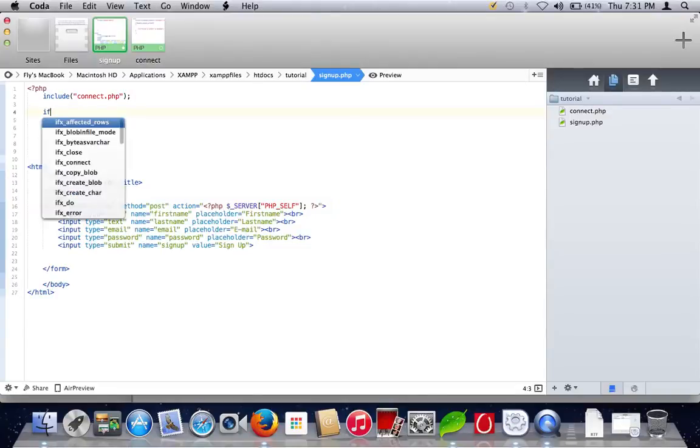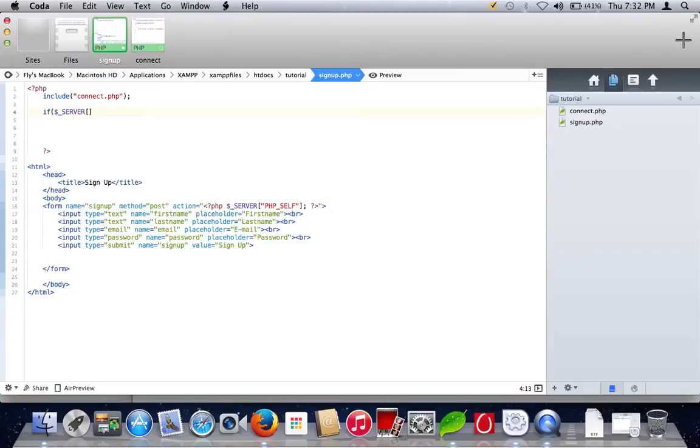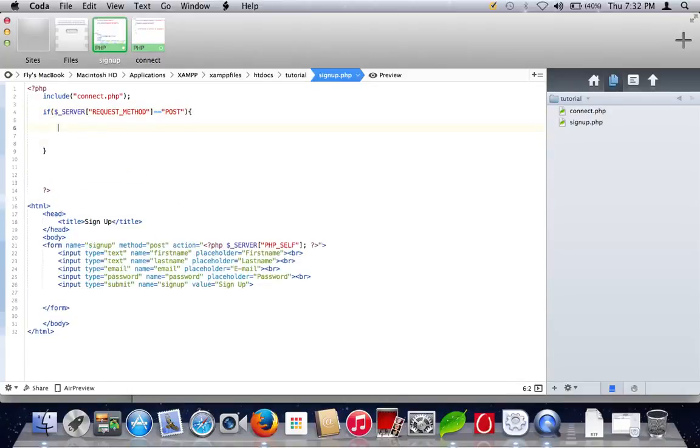Now we need to process the file. Okay, if server request method will be post because there is a post method in our sign up form. Okay, now start with variables. We have 4 input fields in our sign up form, so we need to create 4 variables: f name,